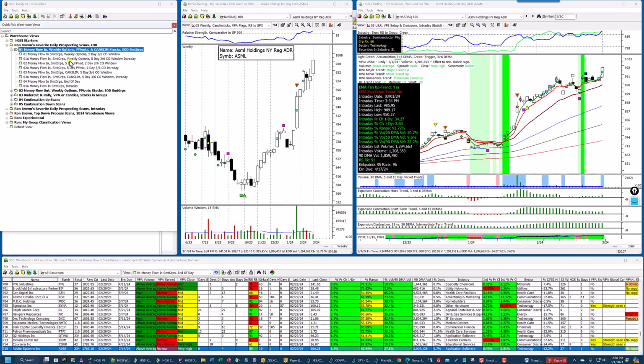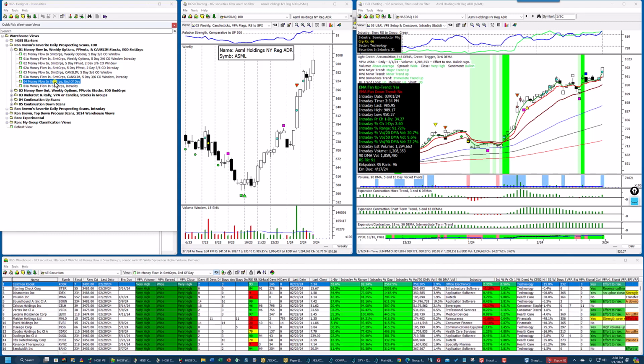I'm going to open this up, and if you go down here and look at number 4 and 4A, what these two do is they access the smart groups that I'm using to create money flow. They access them directly without any filtration. So I'm going to bring up an arrow here